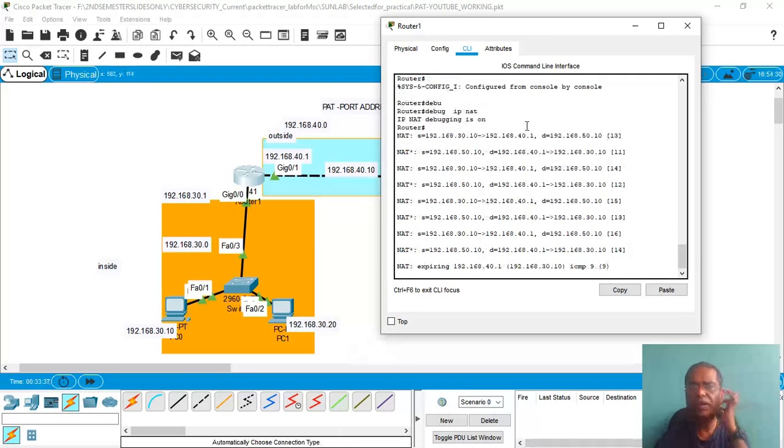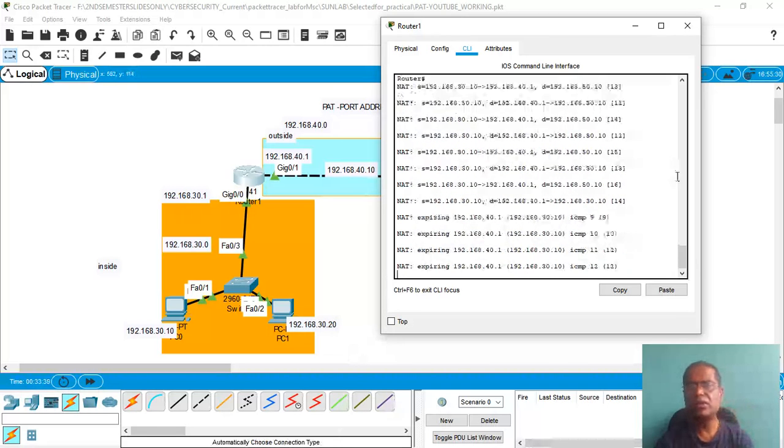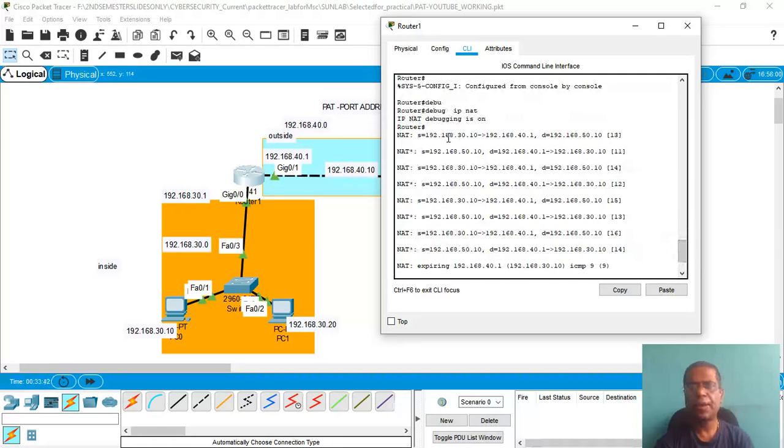As we can see, the actual machine that is communicating is 30.10, that is this machine, but it is translated into 192.168.40.1. Only the outside interface IP address is shown, not the internal network IP address.